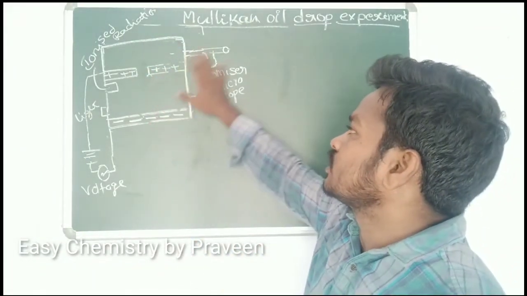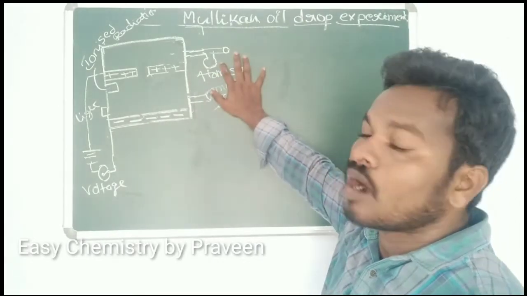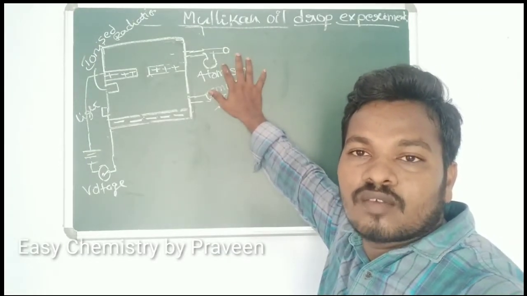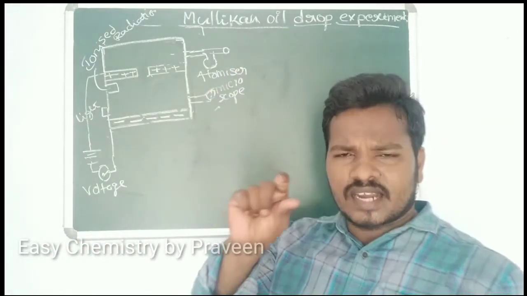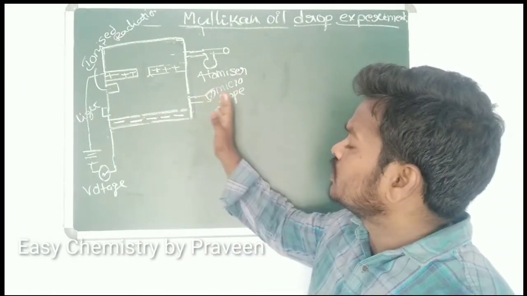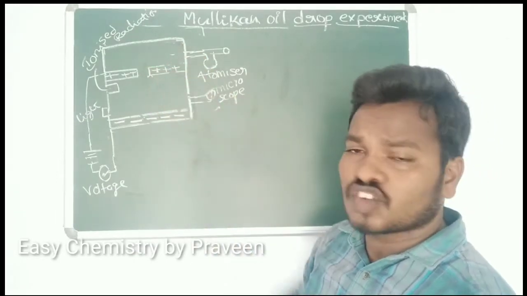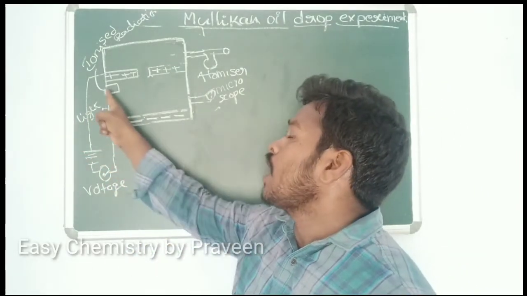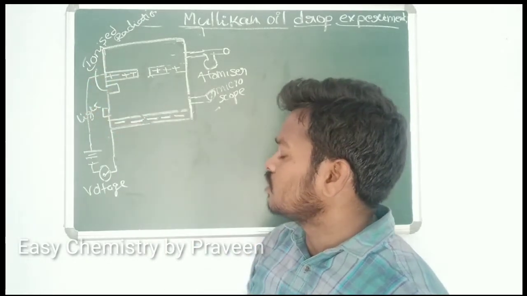It is connected with a spray bottle like structure called an atomizer. Inside the atomizer, oil droplets are there. With the help of the atomizer, we can spray a mist of oil droplets. It acts as a spray bottle, and one microscope is there. With the help of the microscope, he could see whatever is going on inside the chamber. Next, to pass the light and the ionizing radiation, some apertures are also there.